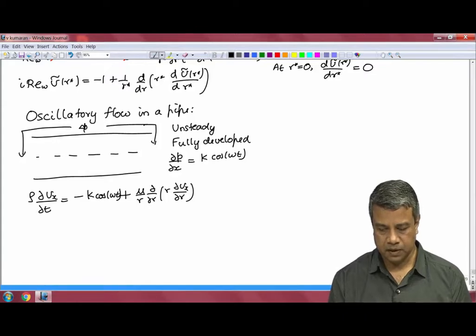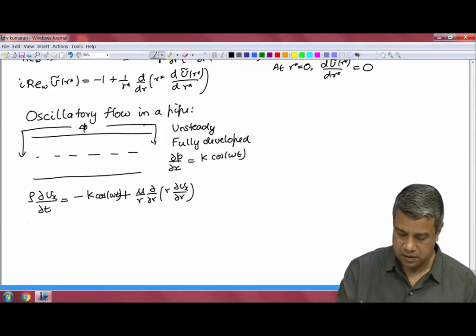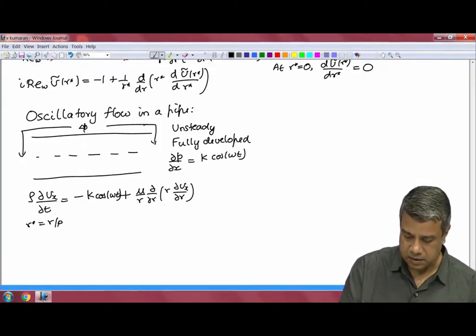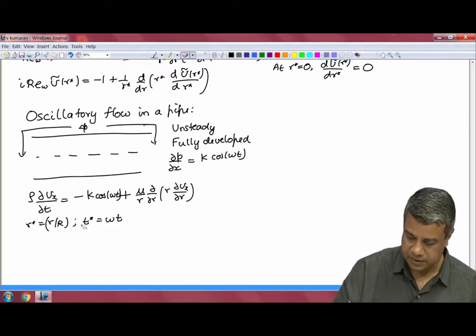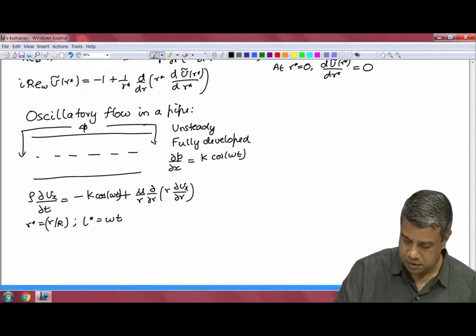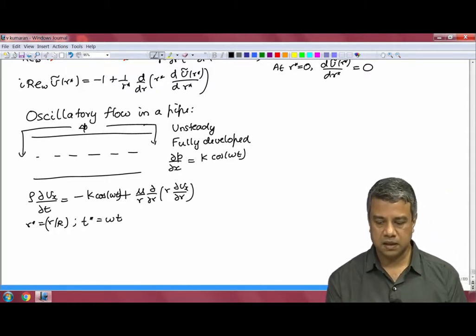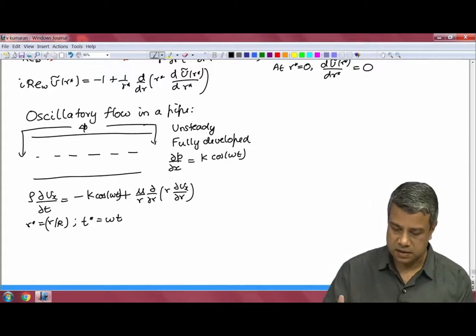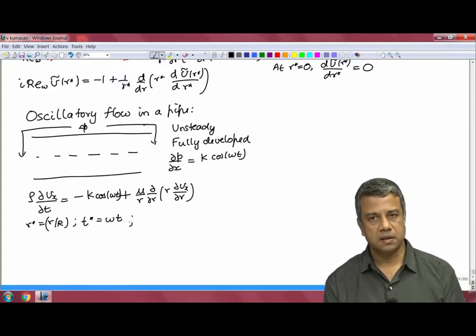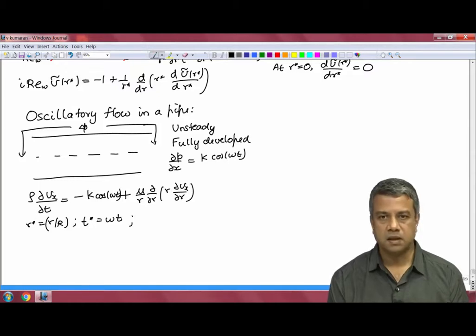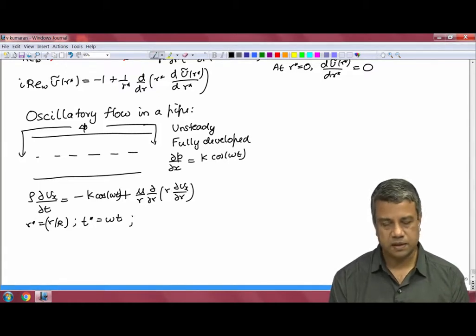Okay. And we had defined the scales. R star is equal to r by R, t star is equal to omega t, if you recall. And the velocity could be scaled either by the viscous scales or the inertial scales. You would use inertial scales when inertia is dominant and viscous scales when viscous effects are dominant. That will come from the dimensionless number, that is the ratio of inertia and viscosity for this particular case, which